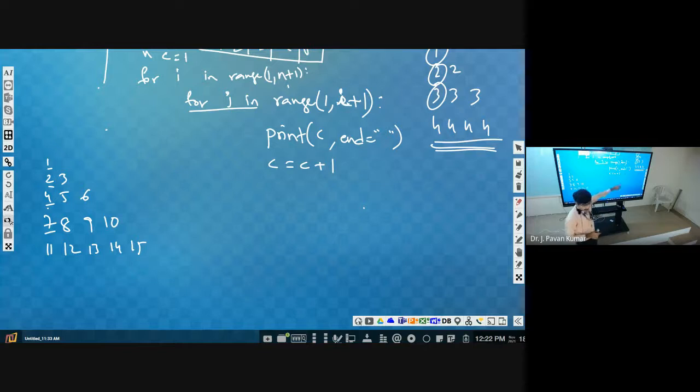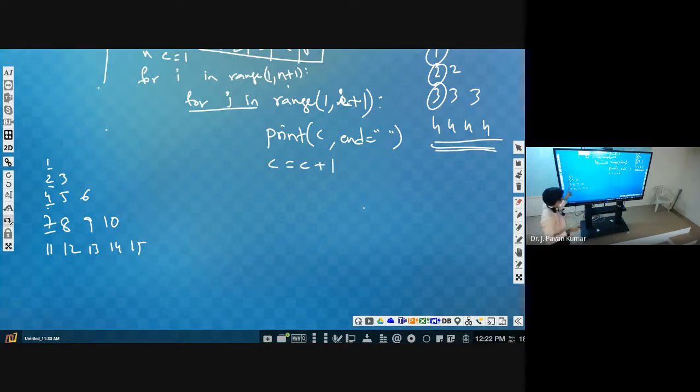Got it? If I wanted to print only 1: 1, 1 1, triple 1, 4 ones, 5 ones, like that. Then just instead of C, we will print 1. That's it. That structure will come from these two loops, but what we have to print, we can change from this statement.